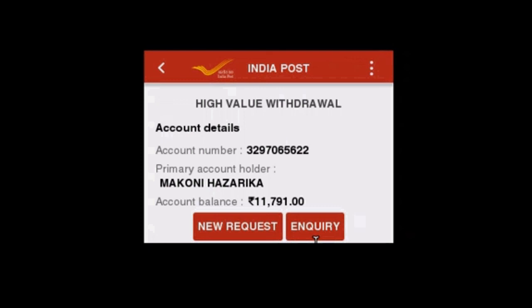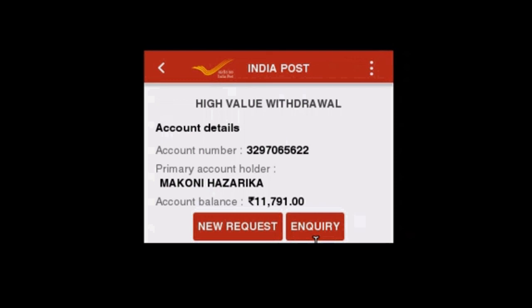It is further to be mentioned that after approval of a high value request, the amount of the request will automatically be deducted from the main balance of the passbook. In that case, if a mini statement is generated for the account, it will show the balance after deducting the high value request amount, and that approved amount can only be withdrawn from the high value withdrawal option.